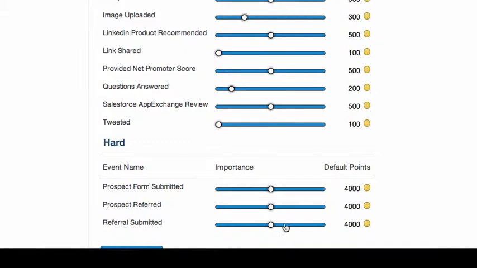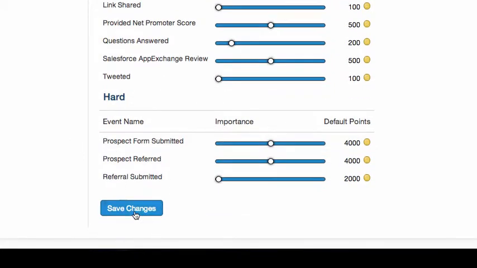I'd probably put that down to more like the 2,000 range, because there is an area around actually submitting the referral. But then you're going to probably add a corporate workflow step, just like we did in that Quora review challenge, and you're going to want to assign the points based on reviewing whether that was actually a good referral, rather than assigning it all right away. So when we're all done here, we're going to save the changes,